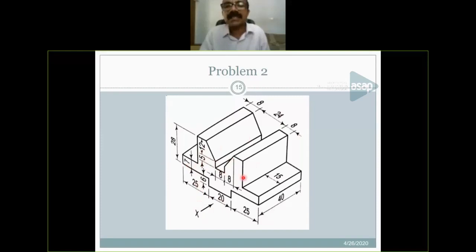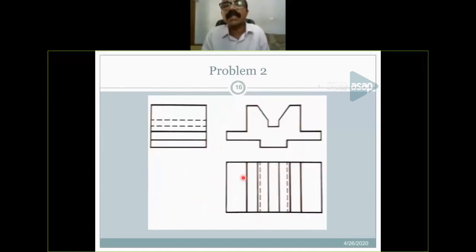See, in the case of elevation, I have plotted. So this figure represents the elevation, and you can mark all the points in the elevation also. Then you have to consider here the XY line is also there. Okay, the XY line is also required. Then the corresponding plan you have to plot.